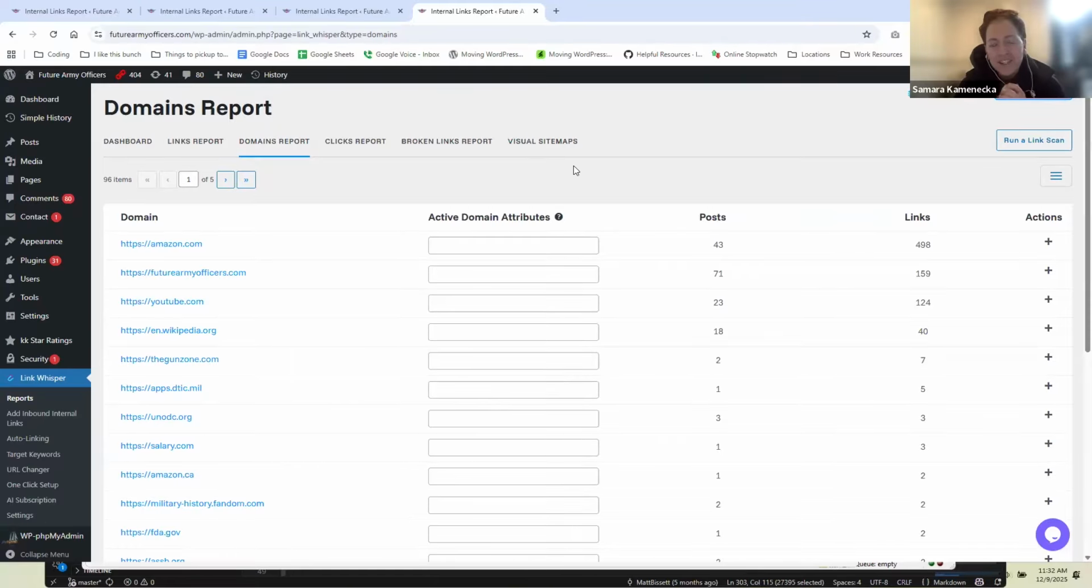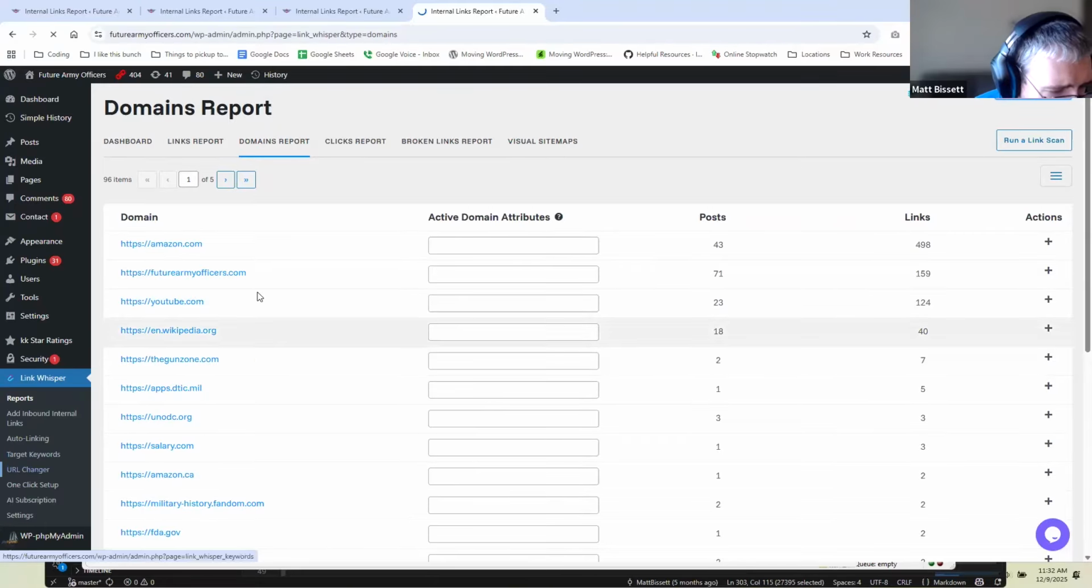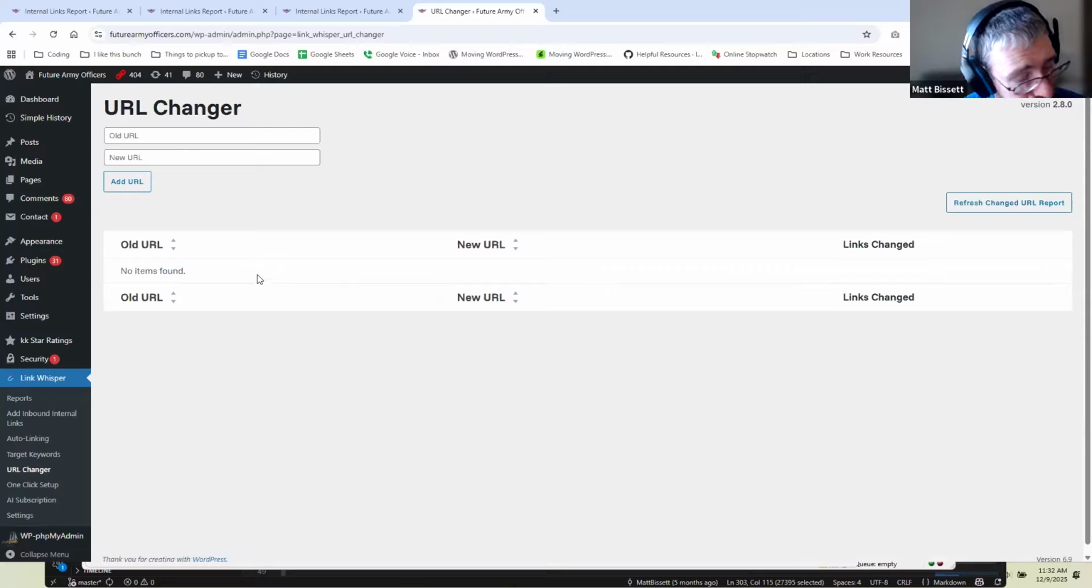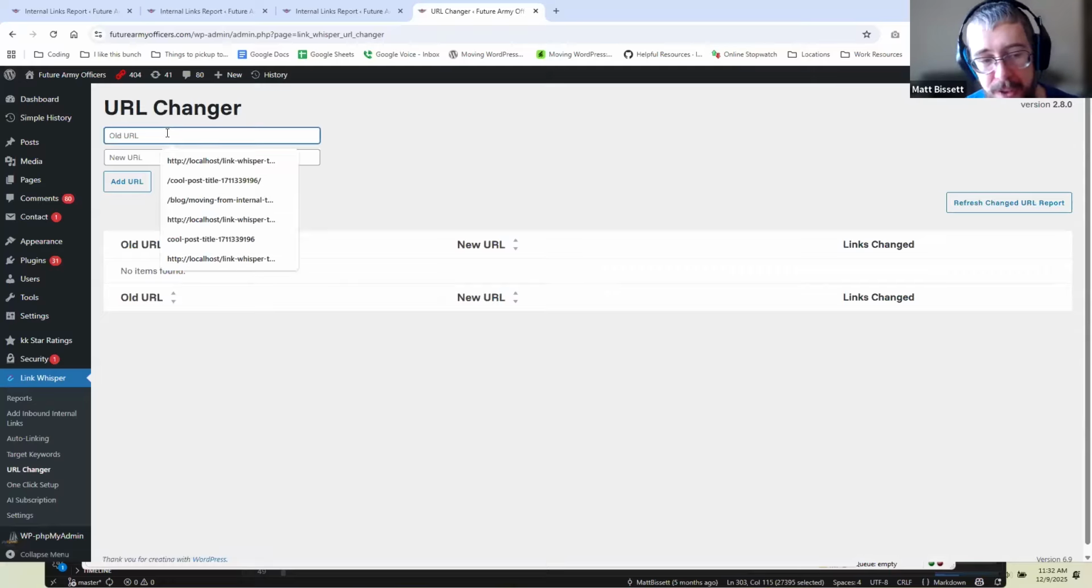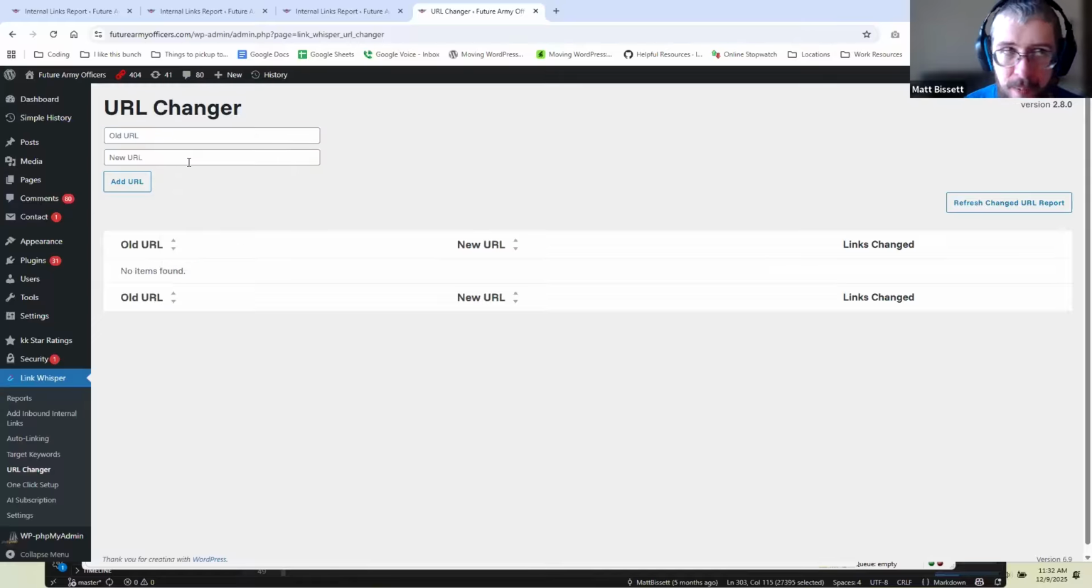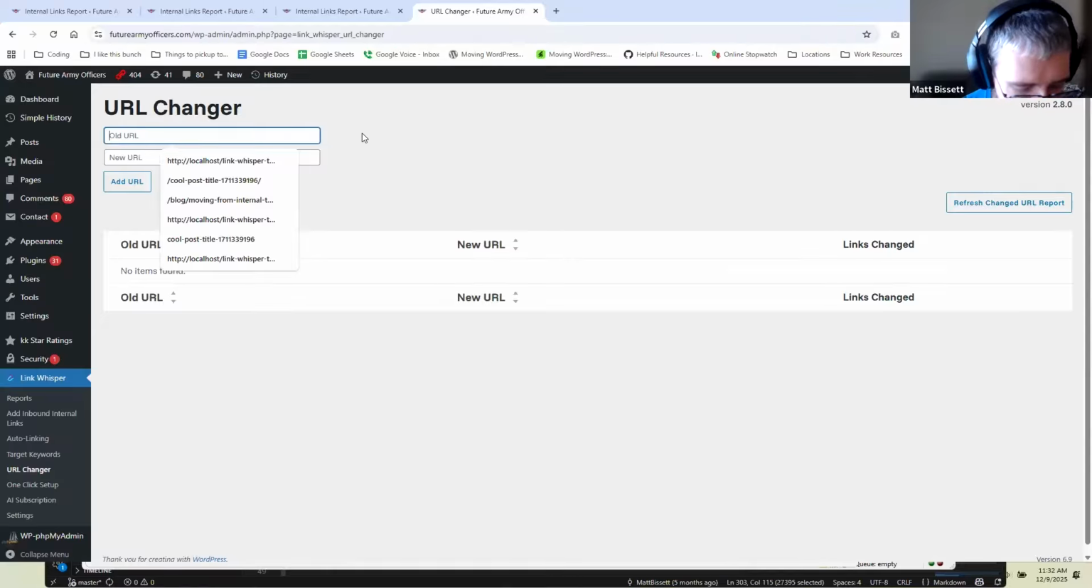URL changer. How does that work? Yeah, it is a very simple tool. What it does is it updates the URLs of links in your content. You enter the old URL in the old URL field, you enter the URL that you want it to be in the new URL field, click Add URL, and LinkWhisper will update it. So for example, if we put in